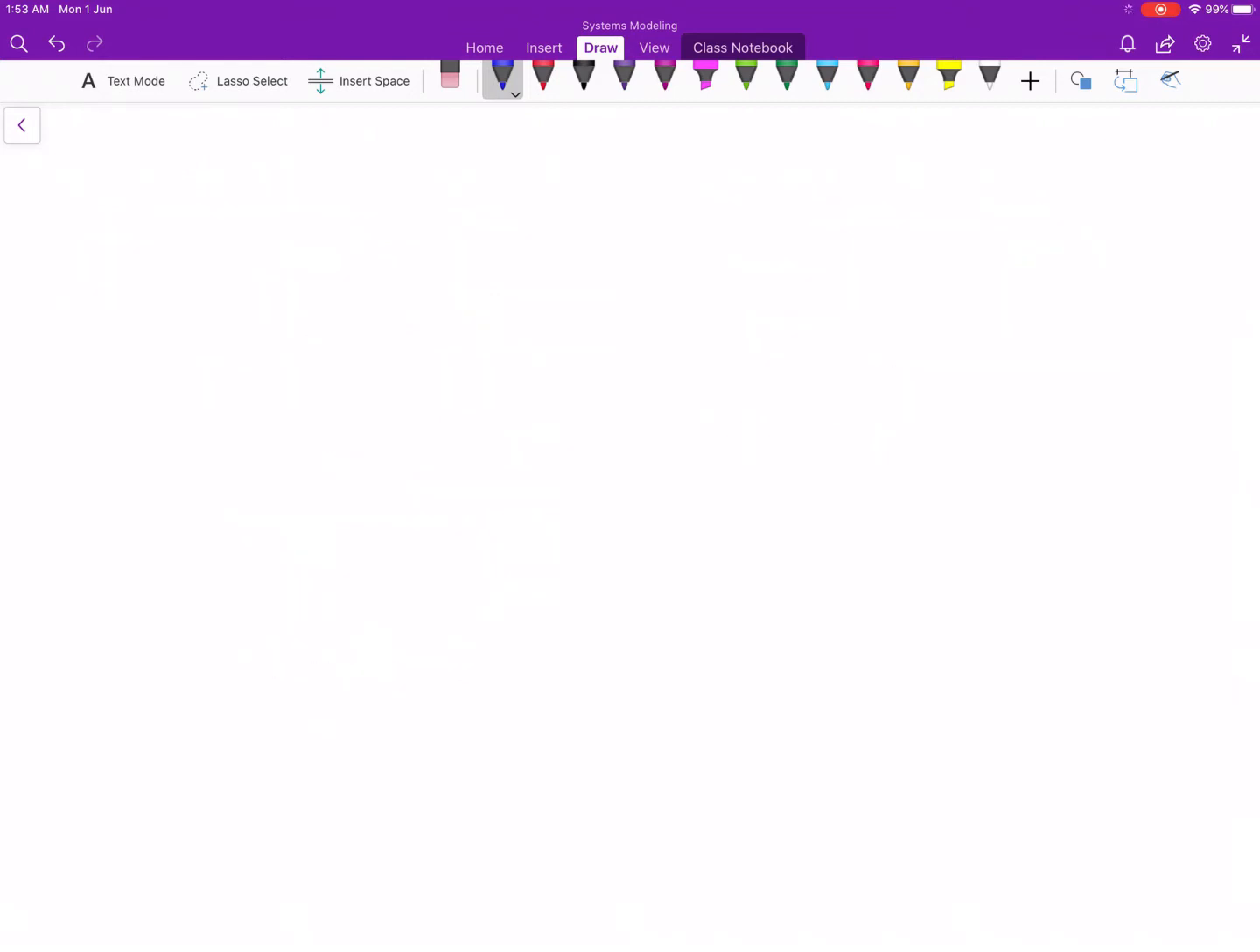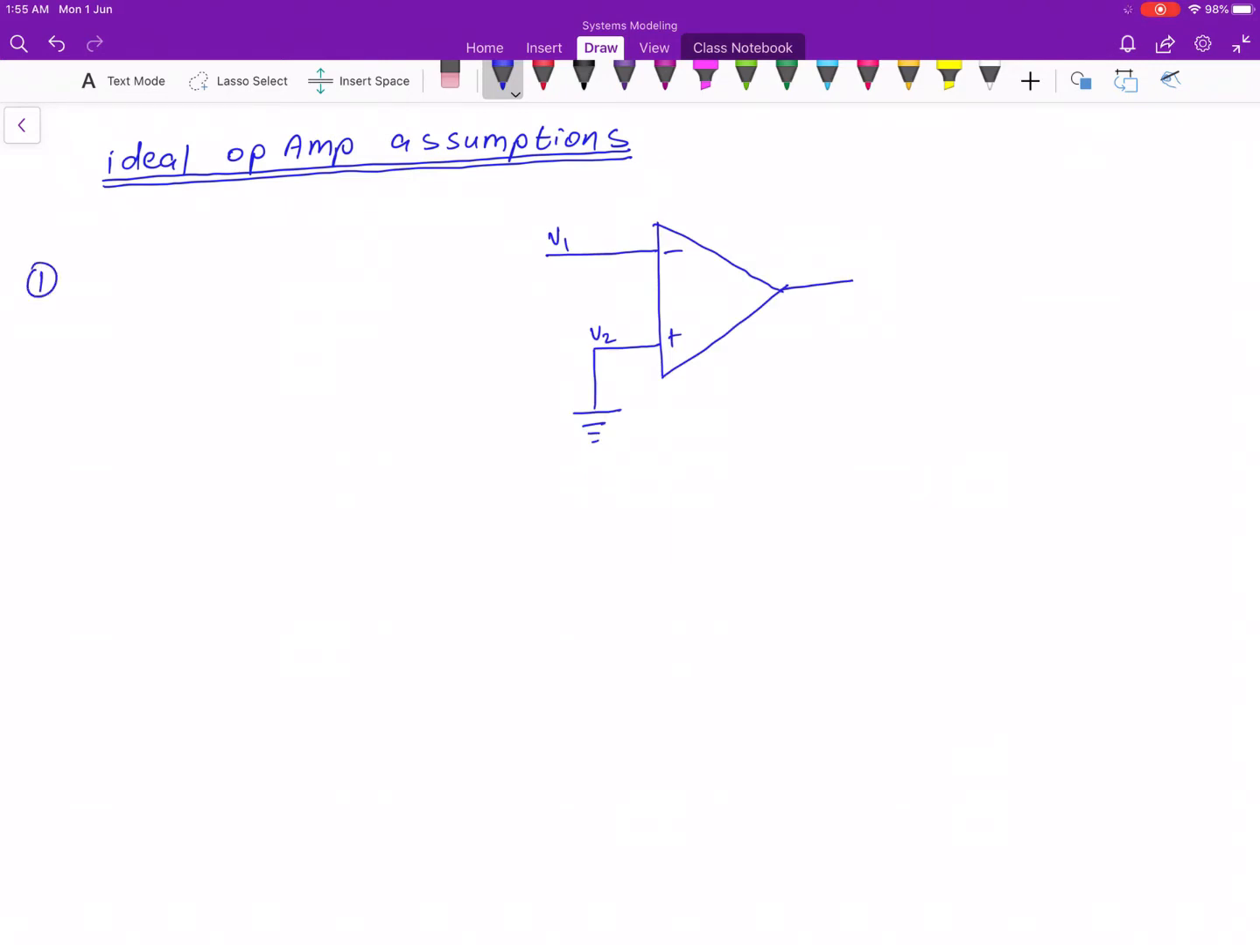Now, before we start looking at how to model this circuit that contains an operational amplifier, we need to make certain assumptions. The assumption we are going to look at is that we have an ideal op-amp. So if we assume that we have an ideal op-amp, then the first assumption we are going to look at is, let me just draw a circuit here so that we can work our assumptions out as we go along. So assumption number one is,